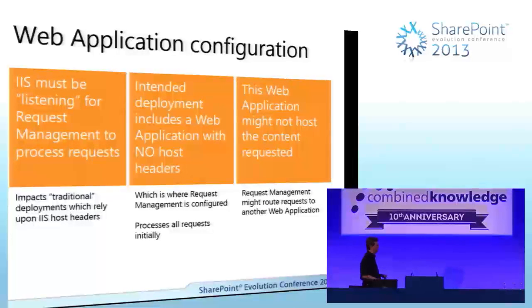Because if you think about this, we have to take the incoming request, which might be www.contoso.com, and then map that request to an individual server. And if IIS is configured only with host headers, then those web applications or websites in IIS are not going to respond to anything other than the host header value. And this is a big change in SharePoint 2013, generally speaking,